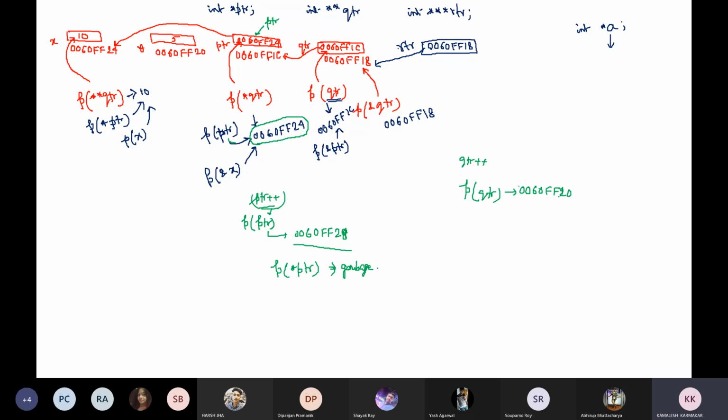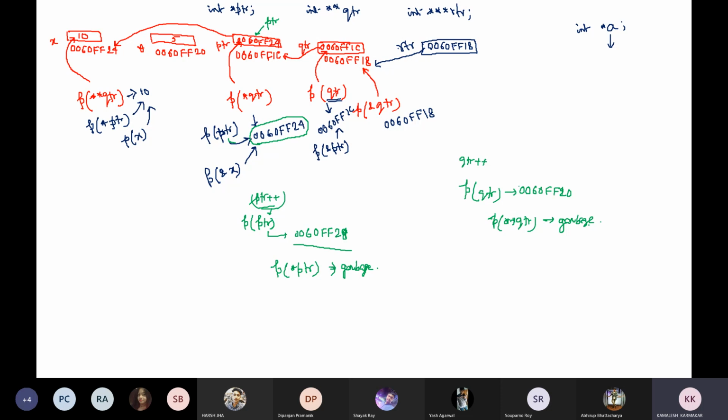At this address nothing is stored. We have not allocated this memory location. So if nothing is stored here, then again it will be a garbage value. So if I want to print star qtr, then this value will again be a garbage value. Okay.